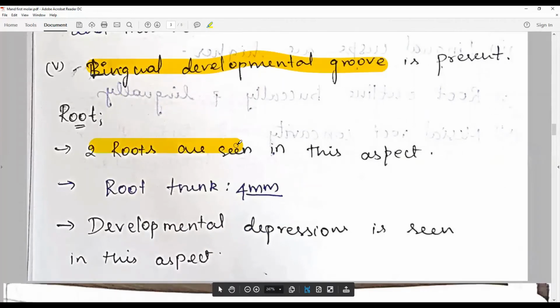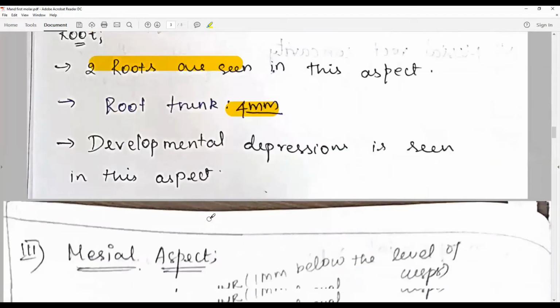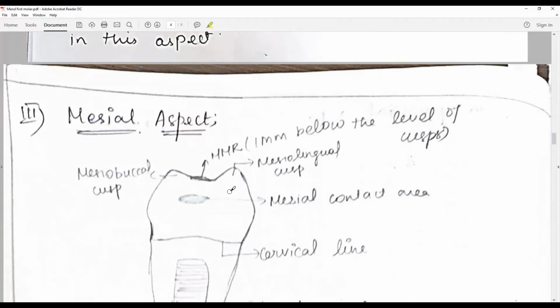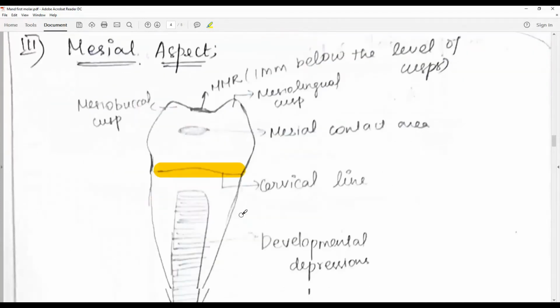Describing the root, two roots are seen. The root trunk is about 4 mm. Developmental depressions are seen. From the mesial aspect, the mesial surface is said to be more or less rhomboidal in nature, but the surface is wider cervically than the occlusal part. The crown displays a slightly lingual inclination. And this is unique to all mandibular posterior teeth, and only two mesial cusps are visible because they are